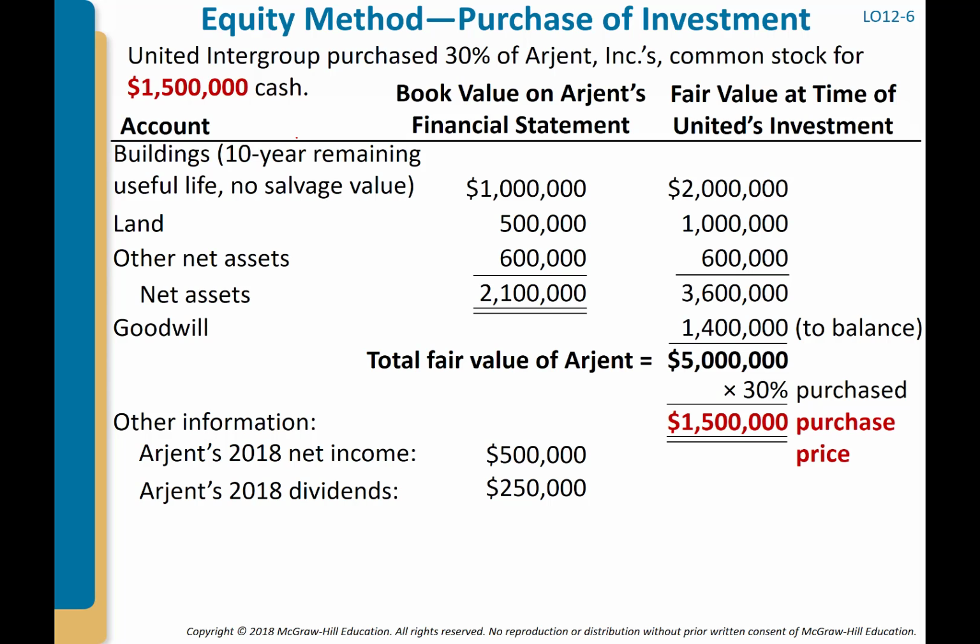If you look, we're paying more than the fair value for these assets. To get 30% of 3,600,000, we should pay what? If you just use the fair value, 2 plus 1 plus 0.6 is 3,600,000